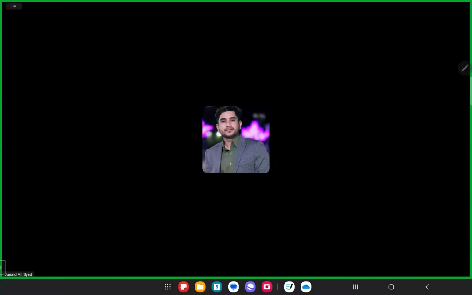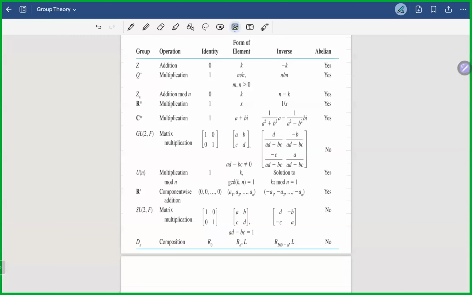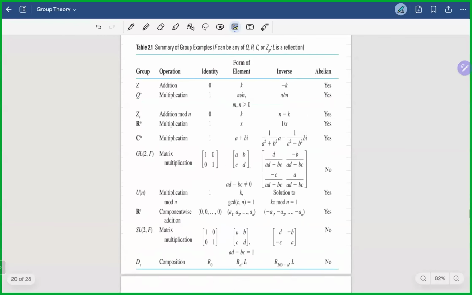Okay, so we have presented all of these examples previously in the last two lectures of the course. So we have said that Z is a group under addition and it has identity 0 and inverse minus k,